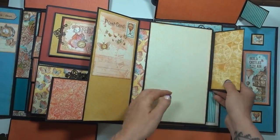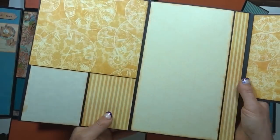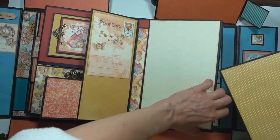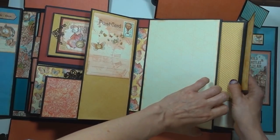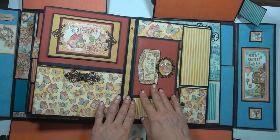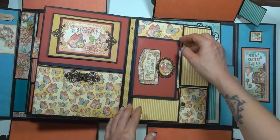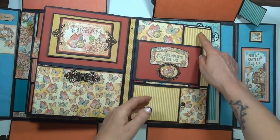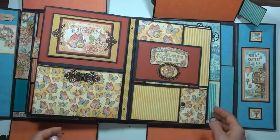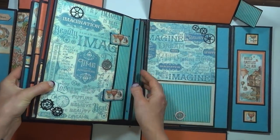But then this little flap, pull on it, and it pulls out a whole insert. More room for journaling and photos. That goes back in here. So when this piece is vertical, it enables this part to open. And then when it's horizontal, this part cannot open, but this part can. So it's a little locking mechanism there. Alright, and then on the last set of pages,